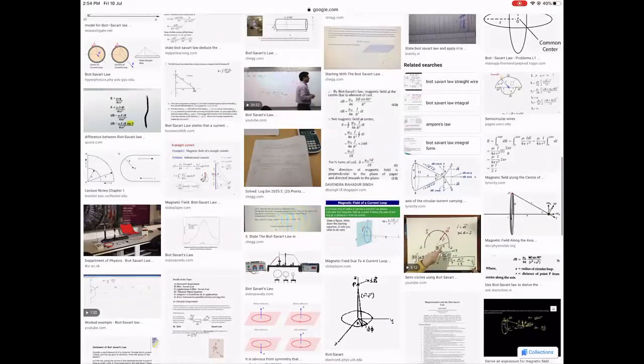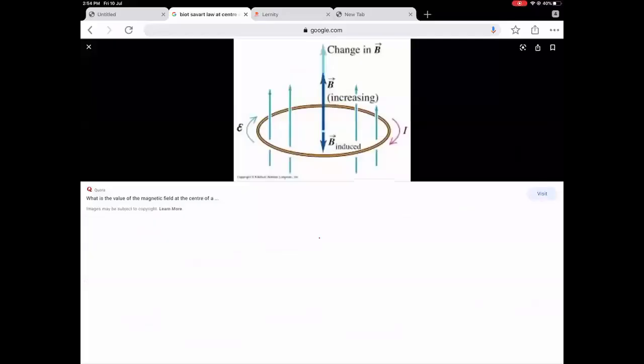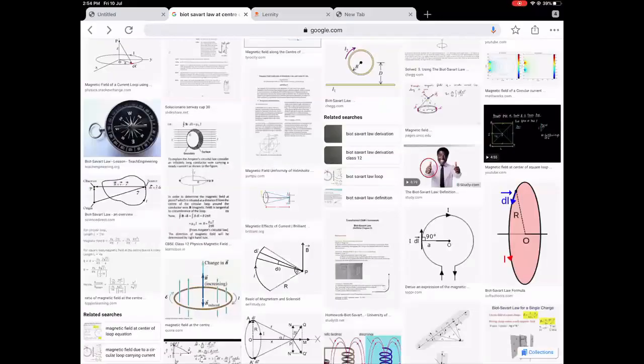This may give you some idea. Not the best one, but yeah, this will give you some idea. Don't worry about that increasing, decreasing. When there is a clockwise current, all the magnetic fields will be into the plane of paper. So when you integrate it, you are going to integrate only half of it. So it will work out straight. There will be no issues.